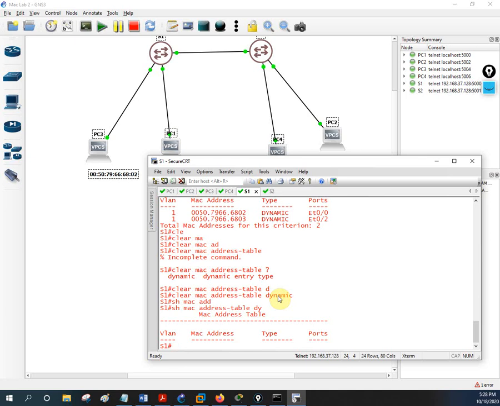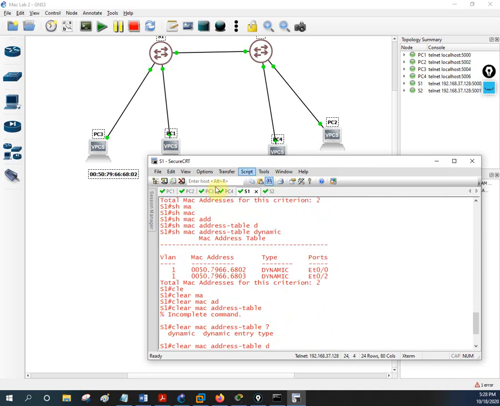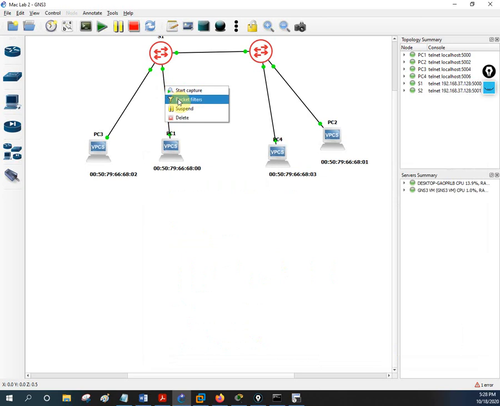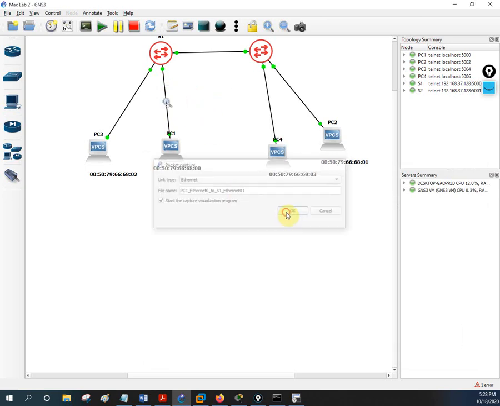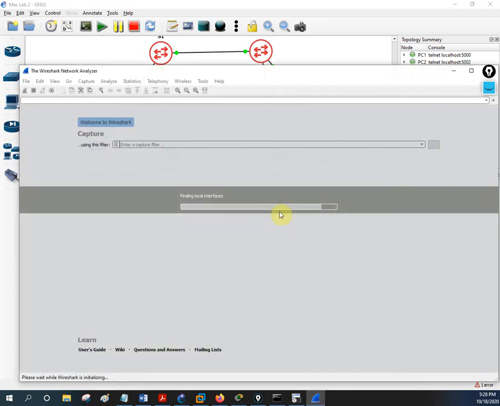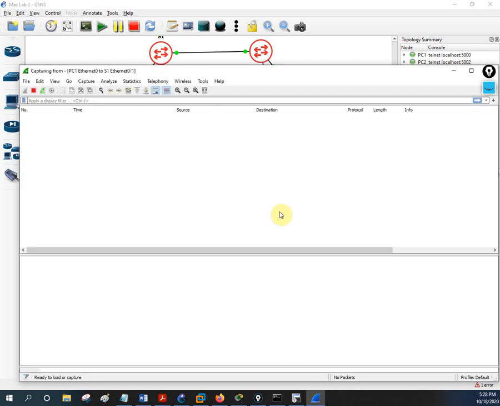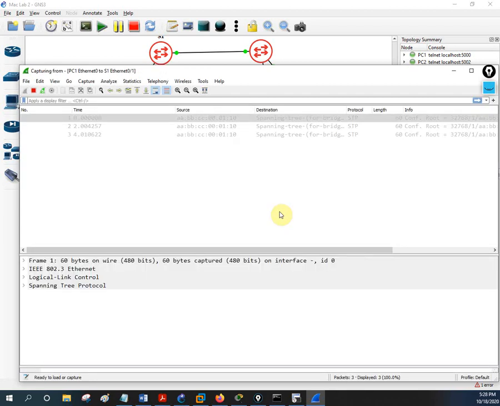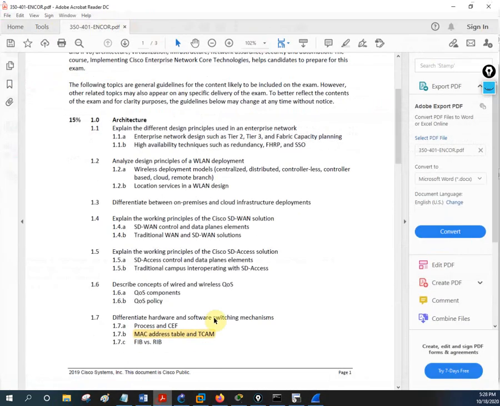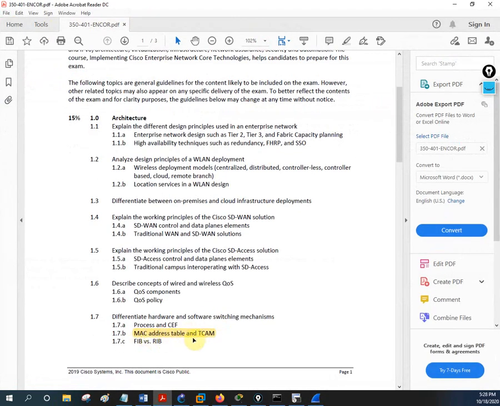We need to cover more part of this one, how we can change the aging time and how we can check the aging time, as well as we are going to open the Wireshark, and we are going to check that one also in the Wireshark. Like example, if I capture any packet, what is the status of that one and what information we are going in the frame and packet, we need to look that one also. So in the next video, we are going to continue the same topic. If you see this syllabus, this MAC address table and TCAM, we are going to continue part 2 in the next video. That in the part 2 we will finish this one, then we will go for the process and Ceph.